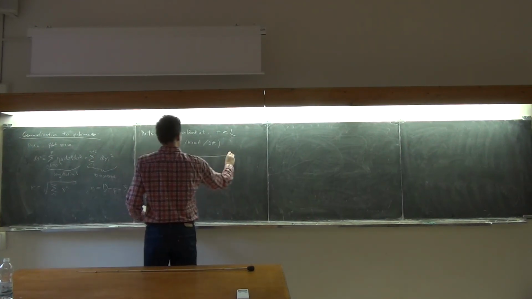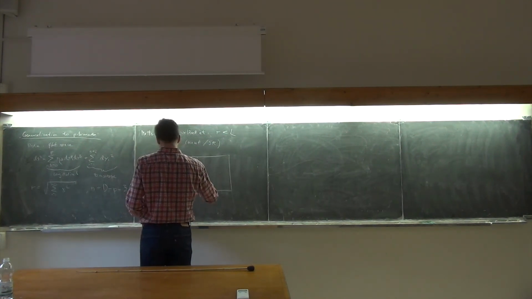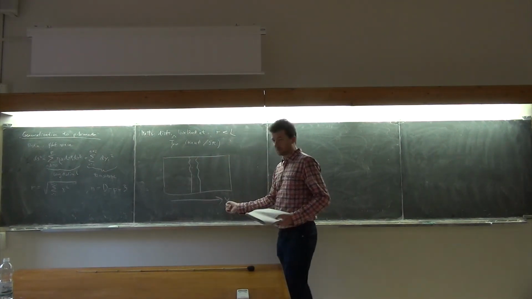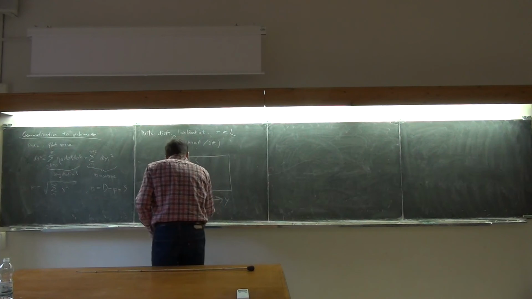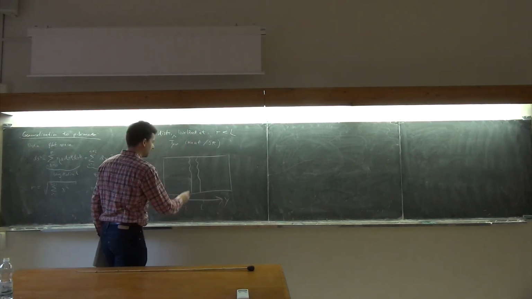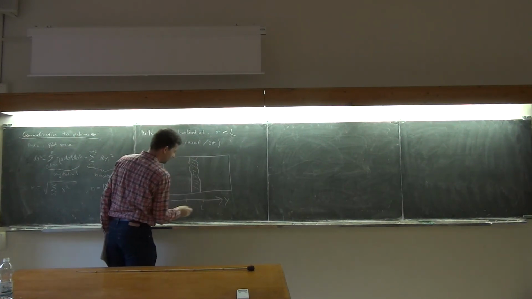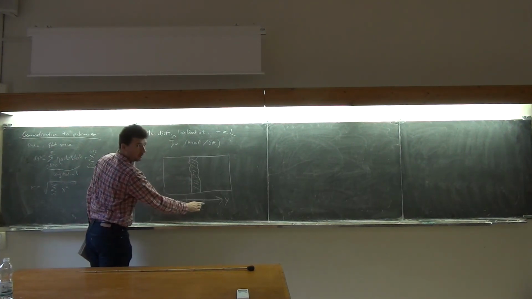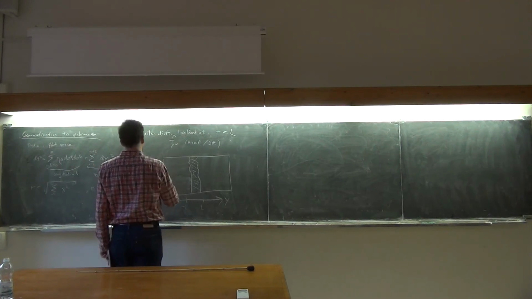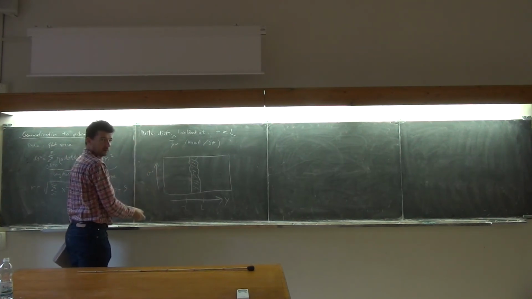And if I want to make a drawing of this, then it would look something like this. So down here we have the transverse coordinates. So we have L, and then the matter is localized within this strip. And then this way we have the longitudinal coordinates, and here the matter is not localized.